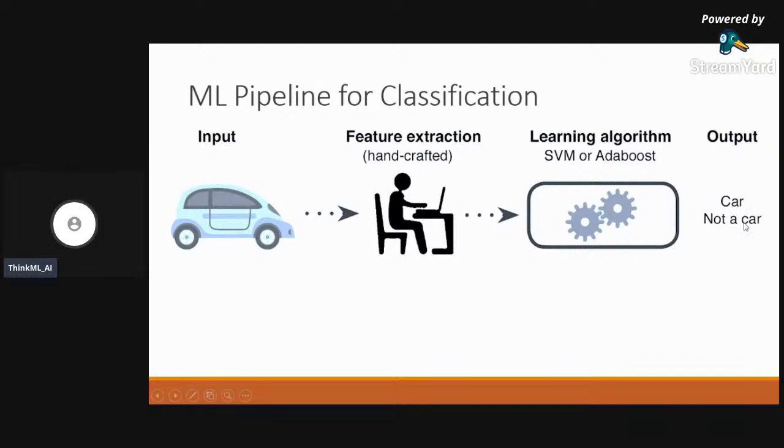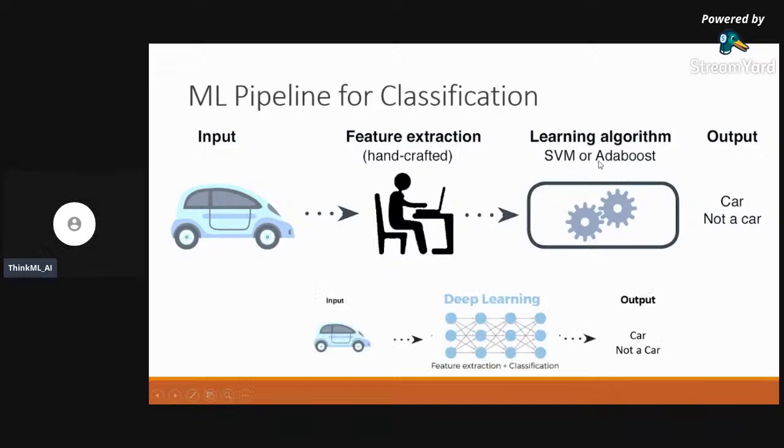We will see how these algorithms work, but I just want to give you an idea of how these machine learning algorithms work. We will discuss these algorithms tomorrow. Today we are doing deep learning, in which this feature extraction and the learning part are combined together in a neural network. That means we give the data directly and it outputs